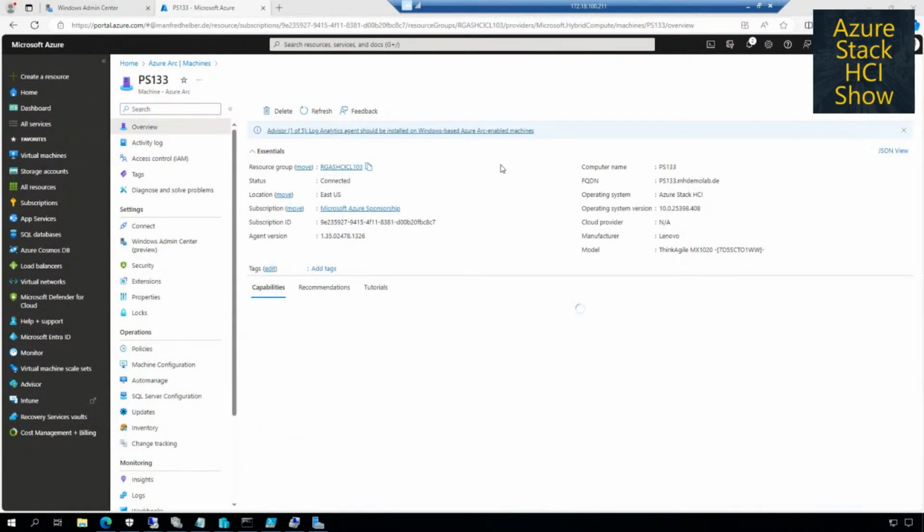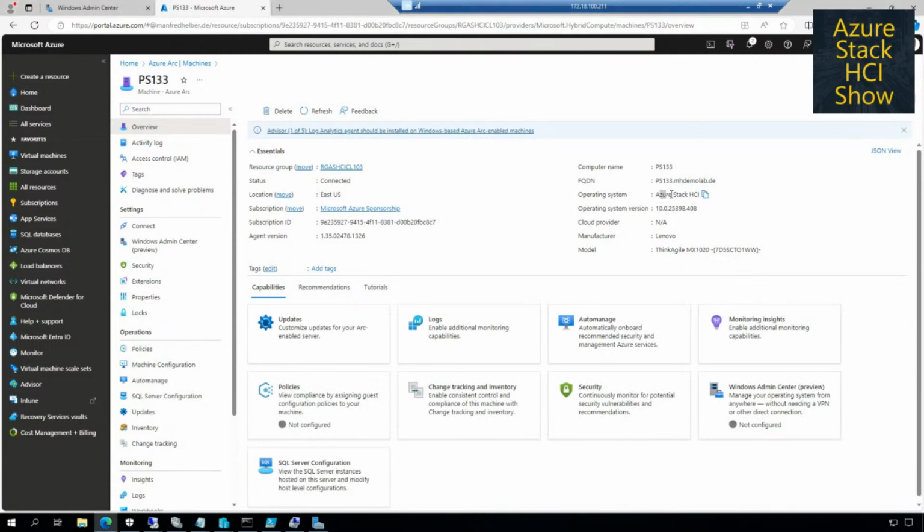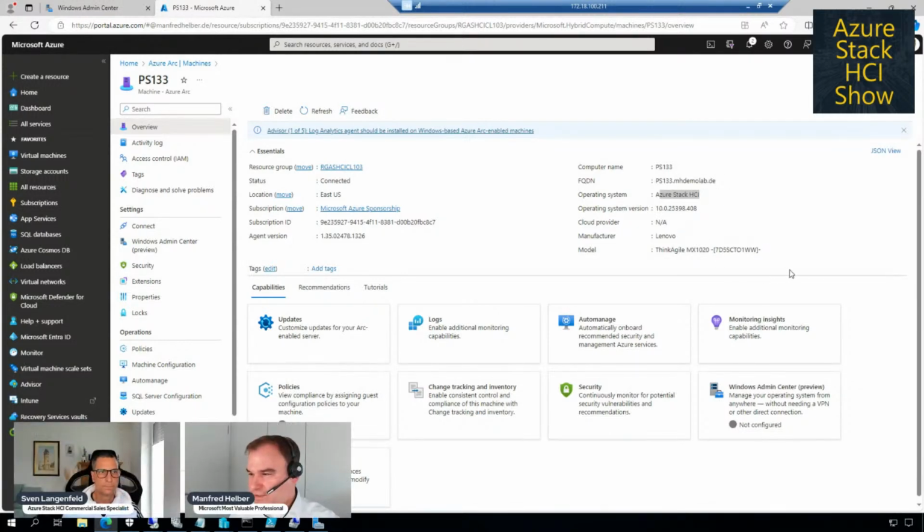And here you can see, okay, this is a machine with an operating system with Azure Stack HCI, but the operating system can be Windows Server, Azure Stack HCI or Linux, but Azure Stack HCI has the deepest Arc integration.